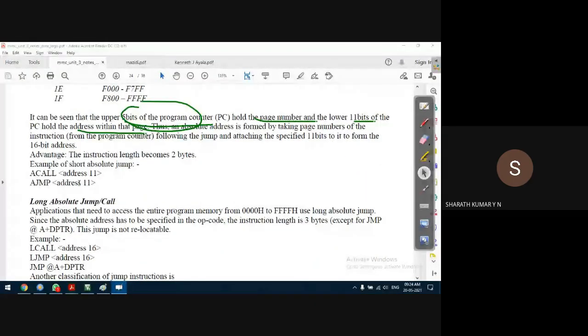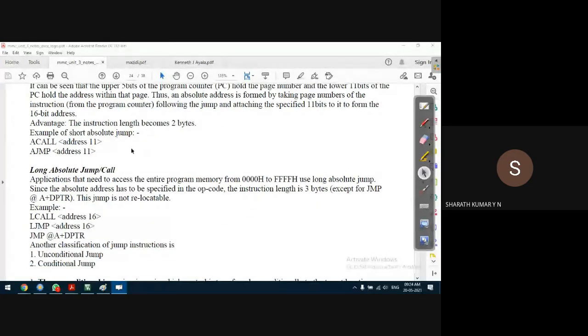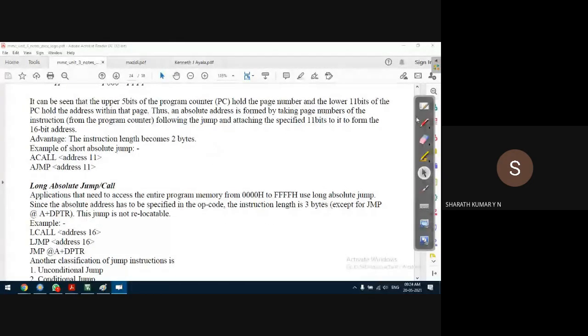So what are the various absolute jump instructions used in the 8051 microcontroller? There are two: ACALL and AJMP. Since it is an 11-bit address within the page, the length of the instruction is 2 bytes.